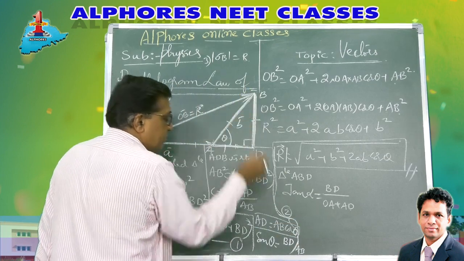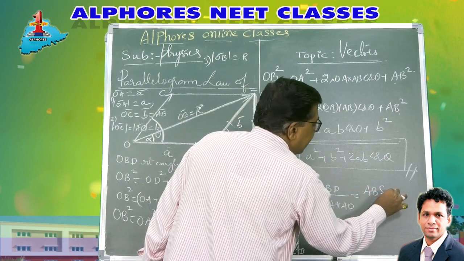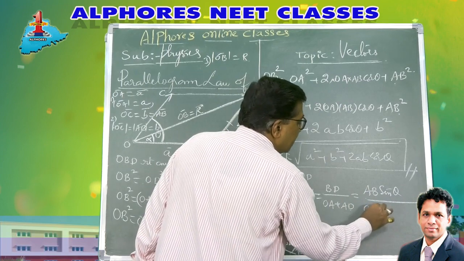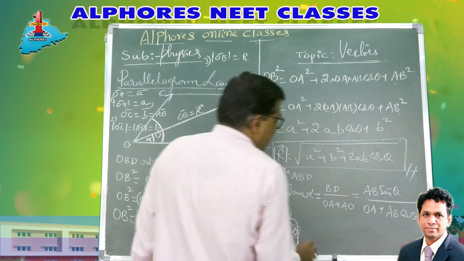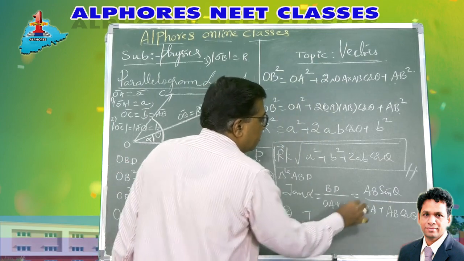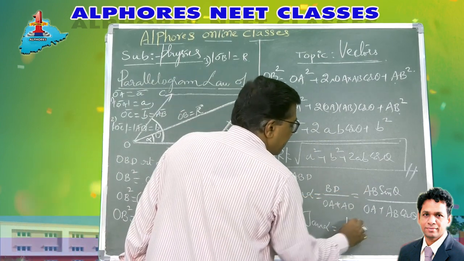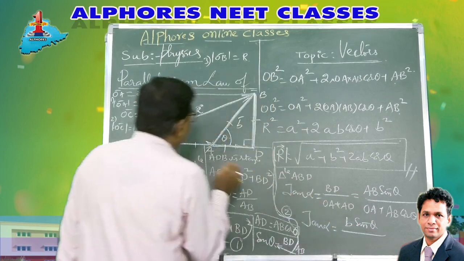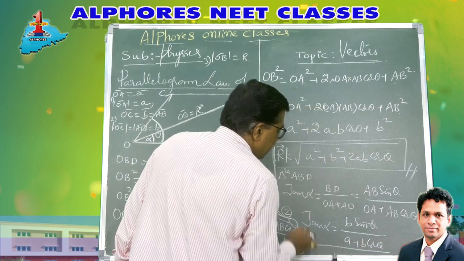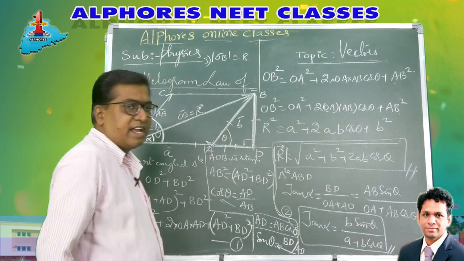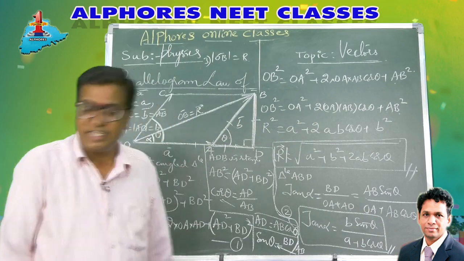Opposite BD by AB. So what is BD? AB sin theta. So substituting here, it is AB sin theta by OA plus AD. AD I have got as AB cos theta. So I get tan alpha is equal to AB, what is magnitude AB? AB is same as B, so magnitude of AB is B, sin theta by OA. OA is nothing but length A. It is A plus B cos theta. So the direction of the resultant is obtained as tan alpha is B sin theta by A plus B cos theta. So this way you find the resultant magnitude.